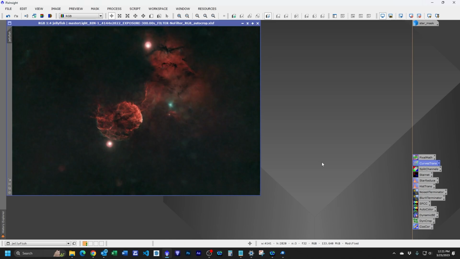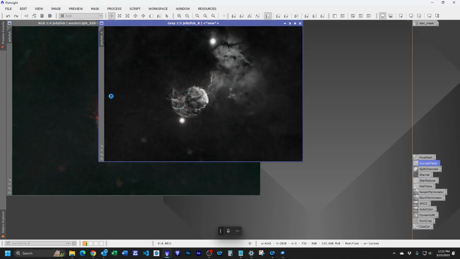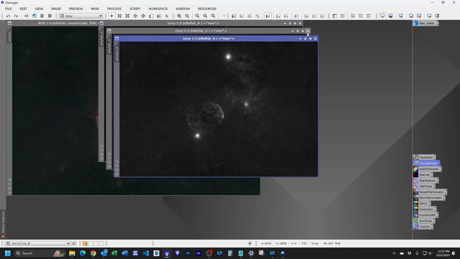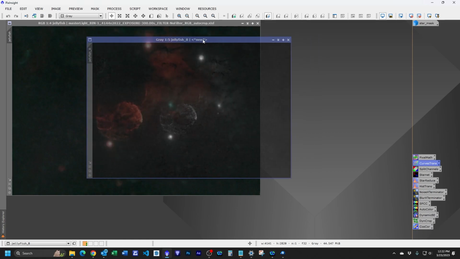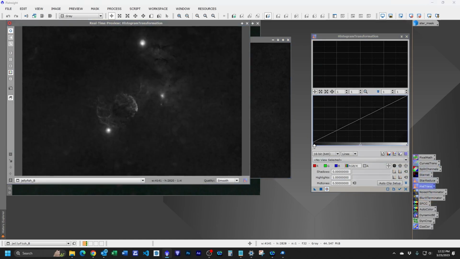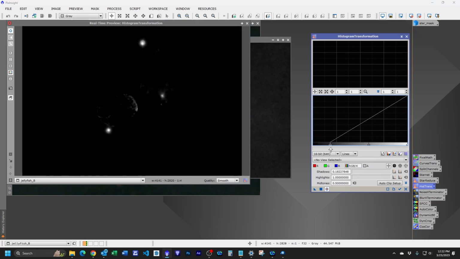The next thing I want to do is I really like to add a little extra blue to my frames, depending on what object it is, and in this one in particular, I like that idea. And so I'm just going to go up here and split the channels. This splits the red, green, and blue out. I'm going to close the green and close the red because I don't really care about them. Then I'm going to look at the blue and open up my histogram transformation, open up a preview, and I'm just going to clip it